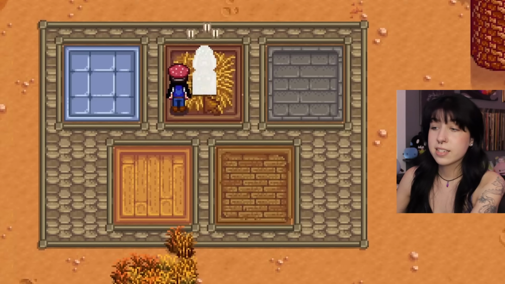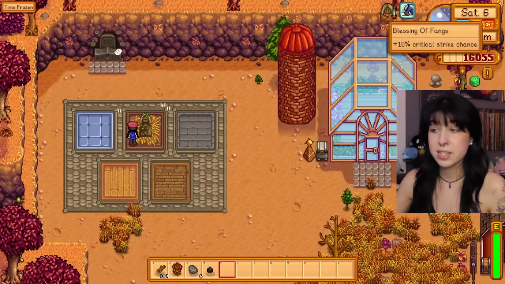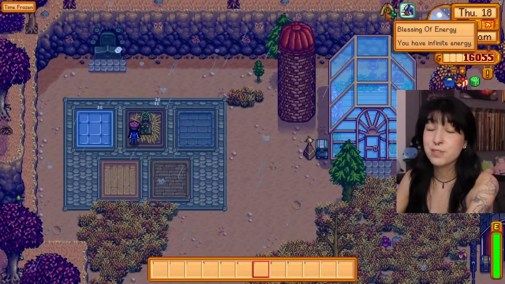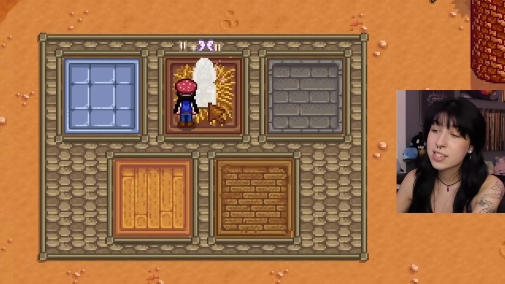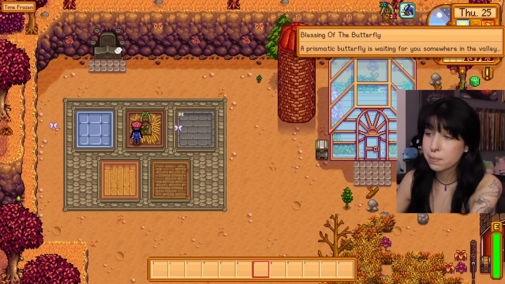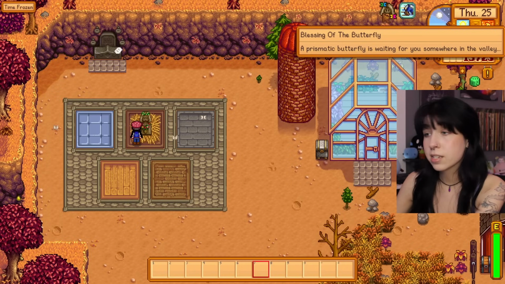not their birthday. Next is the Blessing of Fangs, which grants +10% crit chance, the Blessing of Energy, which grants infinite energy for an entire day, and the Blessing of the Butterfly, which spawns a prismatic butterfly somewhere in the valley. More specifically, you can find them in Cindersap Forest, Pelican Town, the beach, the mountain, the secret woods, the